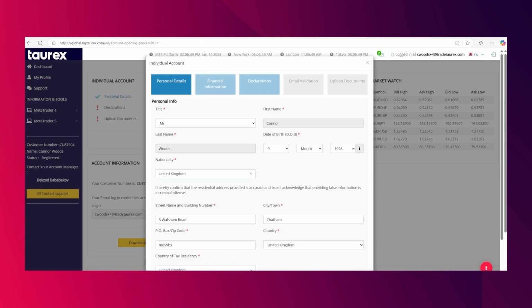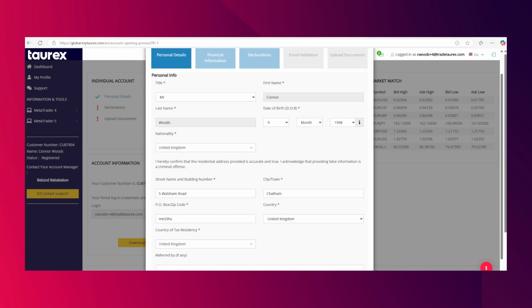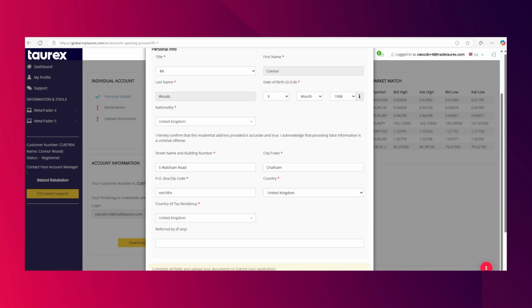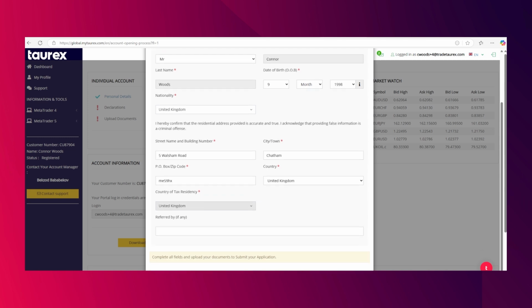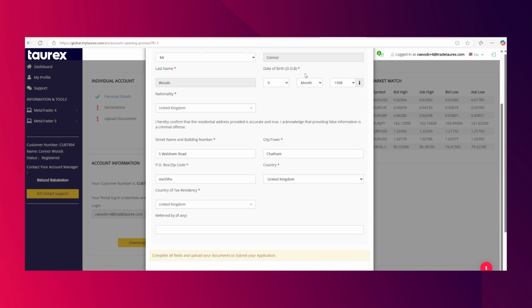Okay, so when you've signed up, your questionnaire will come up straight away where you're going to need to fill in your personal details, your financial information, your declarations, an email validation, and the upload documents as well. It's really, really easy. So for the personal details, it's obviously just the stuff about you, your date of birth, your name, your nationality, your address, and your country of tax residency. And then when you click next,